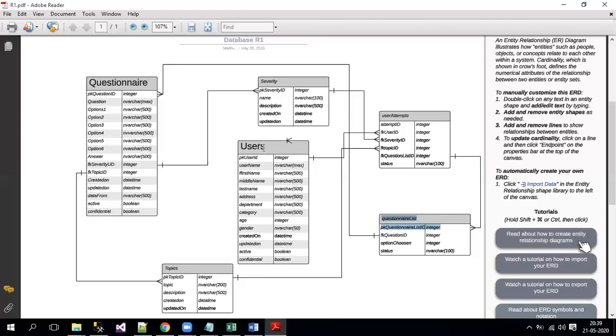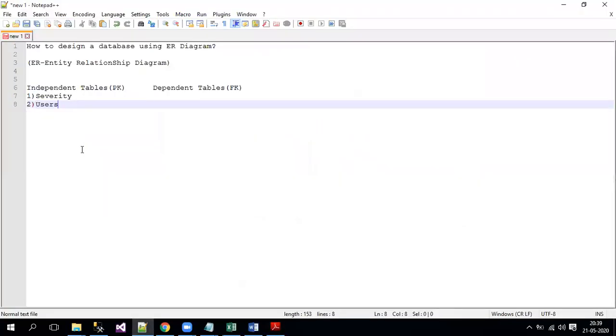Now when you go to users, let's see what all we have. In users we can see there is something called PK user ID, which means we need to create a primary key on top of this, and there are no foreign keys on top of this, right? Now you can consider users also as an independent table. This is not depending on any other tables, but other tables are depending on this. That is the meaning of that.